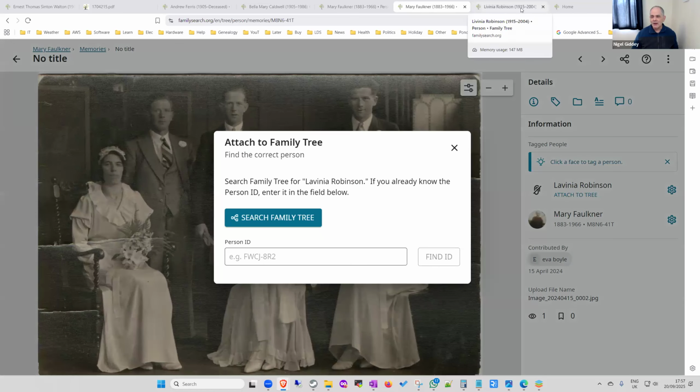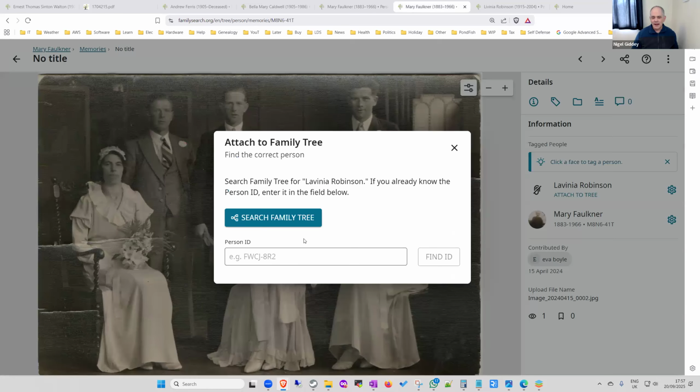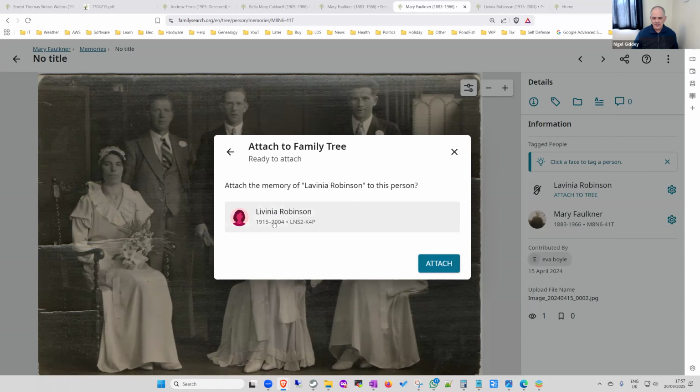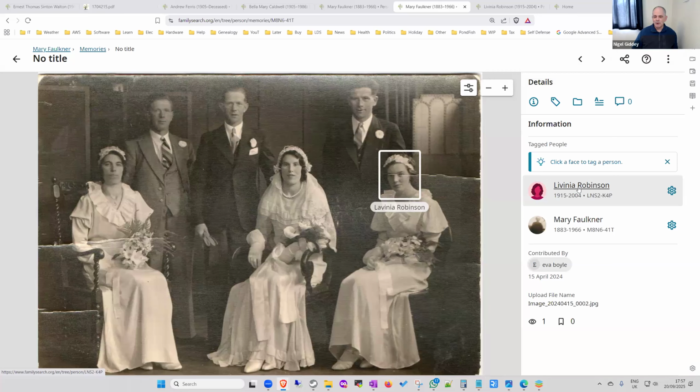And I'm going to put in this ID that I copied. I'm going to left click in the box, right click and paste, and I'll say find, and it's this Lavinia Robinson, not the one that's alive. Left click attach, and so now I've highlighted that person in